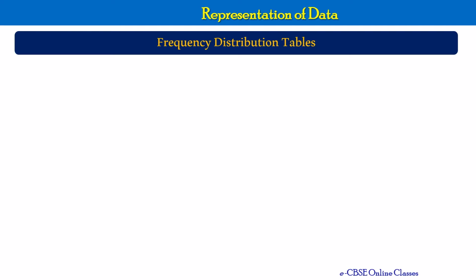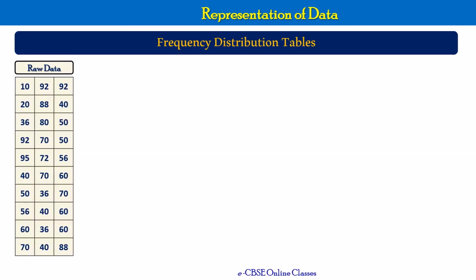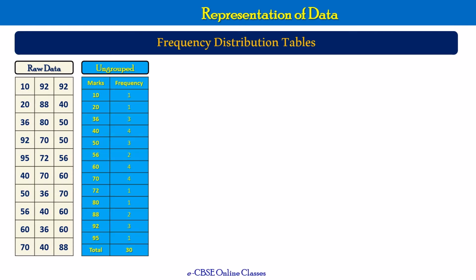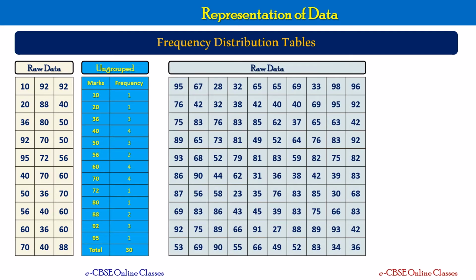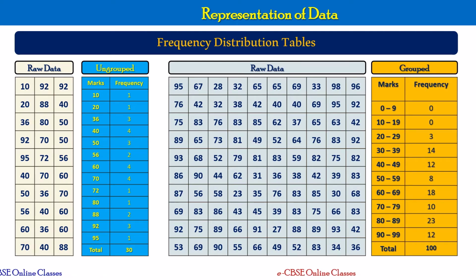In the previous video, we have looked at how to collect the data and represent that in the form of frequency distribution tables. We have seen with examples when you have a raw data which is small, how to convert that into an ungrouped frequency distribution table, and we have also seen if the raw data is slightly bigger, how to convert that into a grouped frequency distribution table. Now in this video, let us focus on the graphical representation of data.